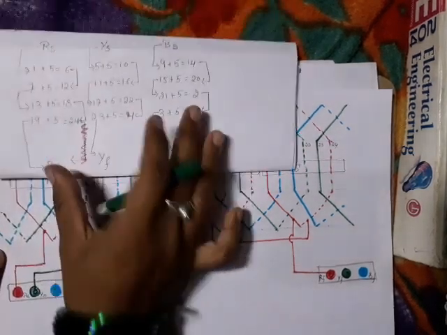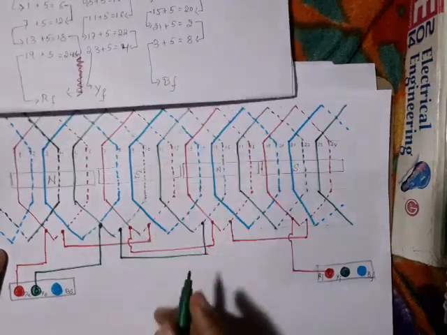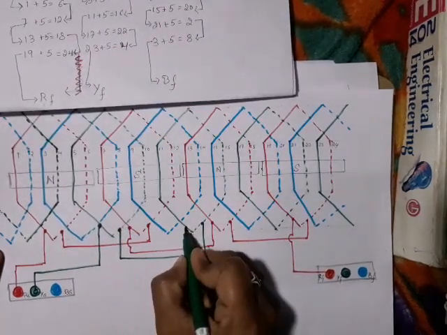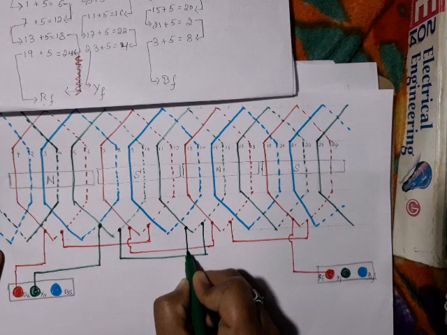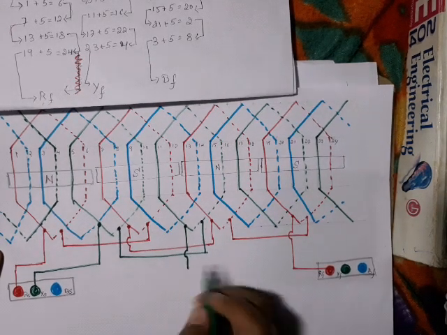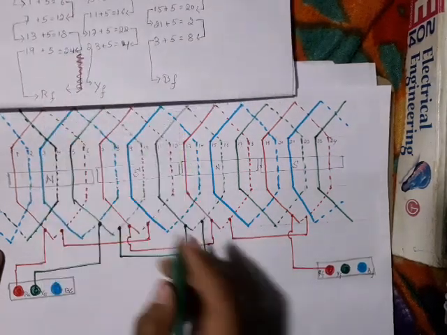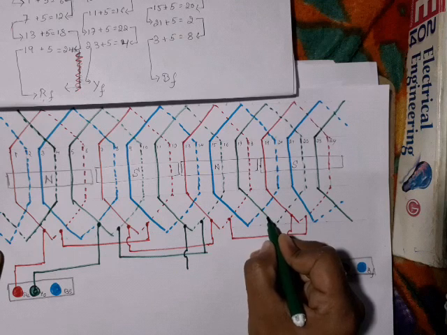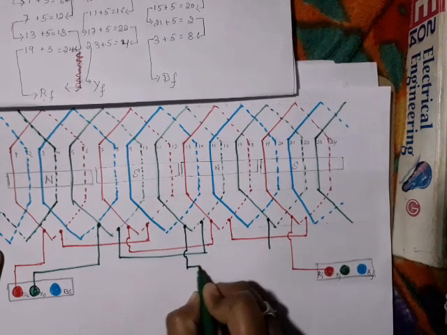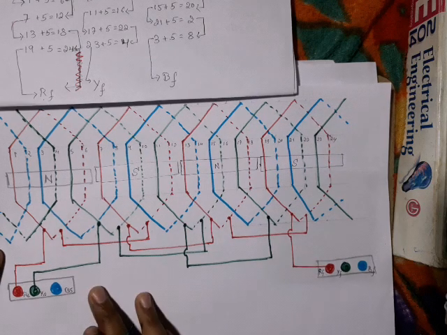Yes. Then 11th coil is connected to 17. Where we have 11th coil, here is the 11th coil. Now you need to use a jumper here because we cannot differentiate with the color. That should be connected to where? 17th. Where is the 17th coil? Here. This should be connected to 17. Done. Next.